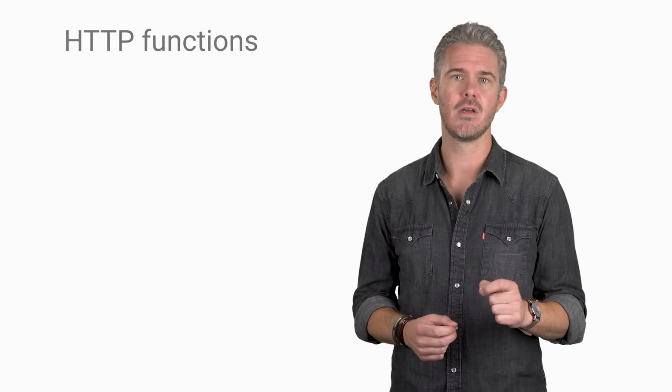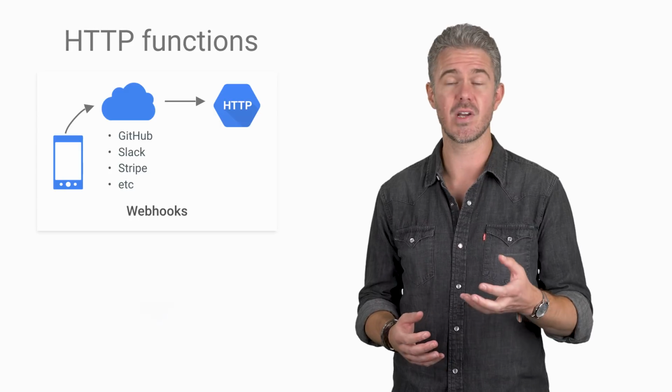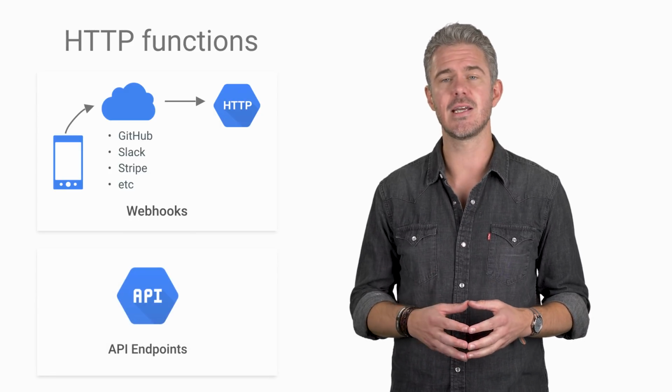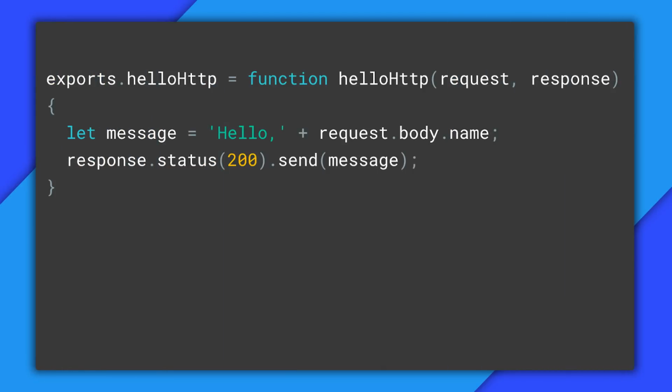Cloud Functions are event-driven, which means they are executed when cloud events occur. And functions come in two flavors. The first is HTTP functions, which are triggered by HTTP requests and can be used for things like webhooks and creating APIs. Let's look at an example HTTP function written in Node.js. Because Cloud Functions abstracts away the infrastructure, you don't need much code and essentially no environment configuration. Cloud Functions automatically parses the body of the incoming JSON request, so we can access the name property and greet